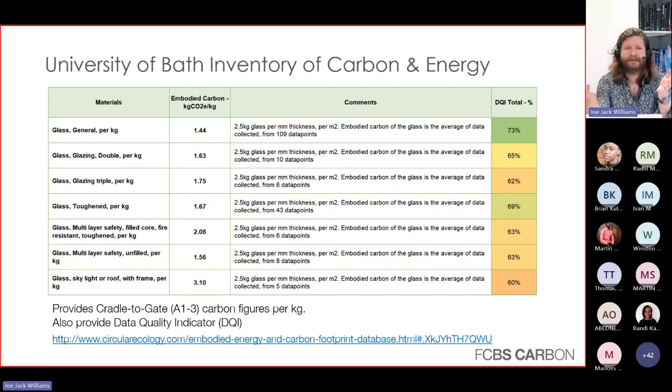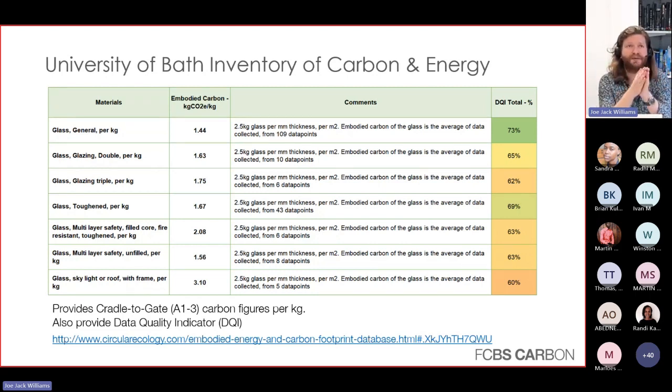Their averages are based on sort of North European products. Now, interestingly, we don't think they'll change much for most materials, depending where you are. In fact, they're just as relevant in, say, Uganda as they probably are in Australia or South America or North America. North America can be slightly different. They have slightly different energy factors. We all have slightly different energy factors, but broadly speaking, the trends you'll see in the materials will be largely correct. So this is a really good resource.